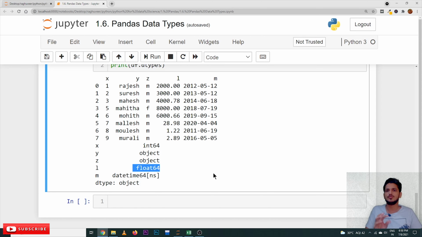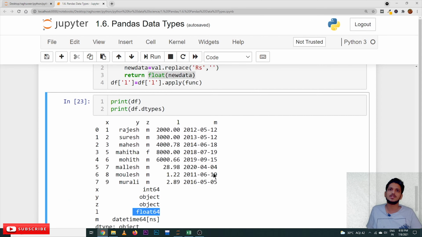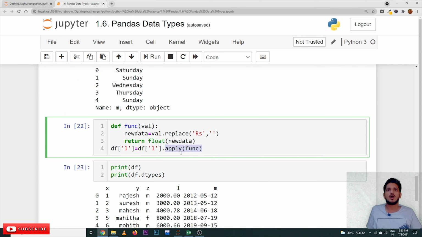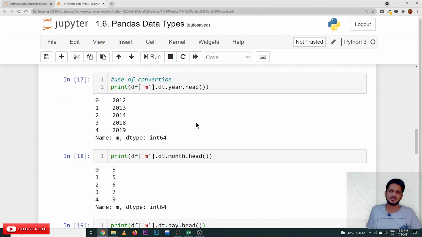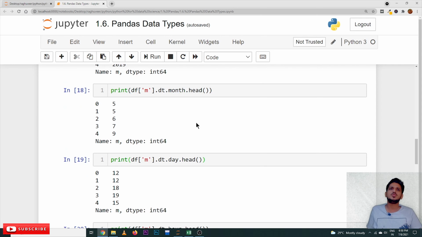We discussed a few methods, like in this situation the apply method and how it is helpful. Like that, we discussed astype. In our previous classes we discussed one or two methods that are available in DataFrame. Most of the methods which we use in our data science will be discussed in our coming classes. So this is the use of the data types that are present in pandas, applicable for the DataFrame.